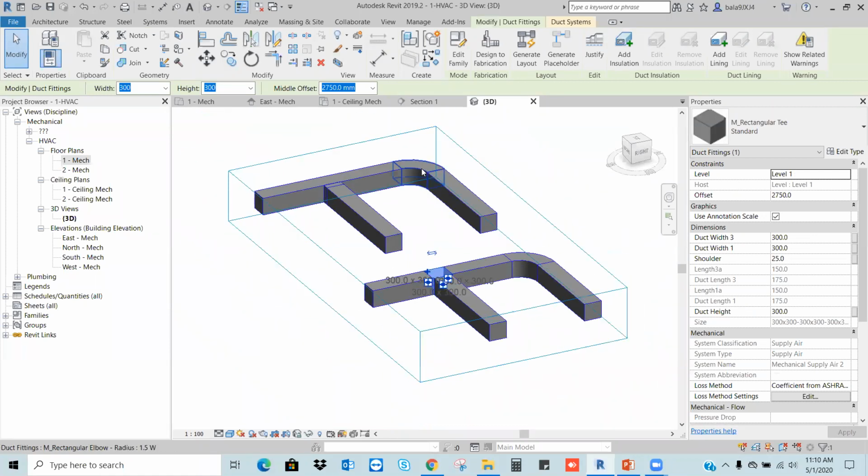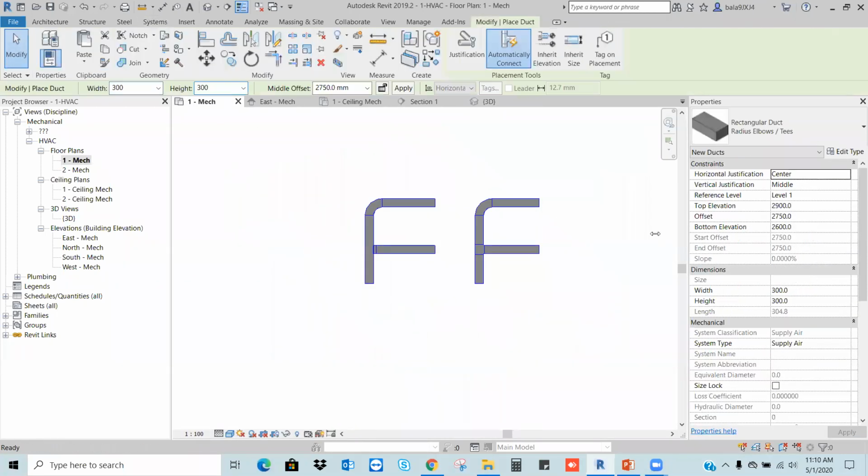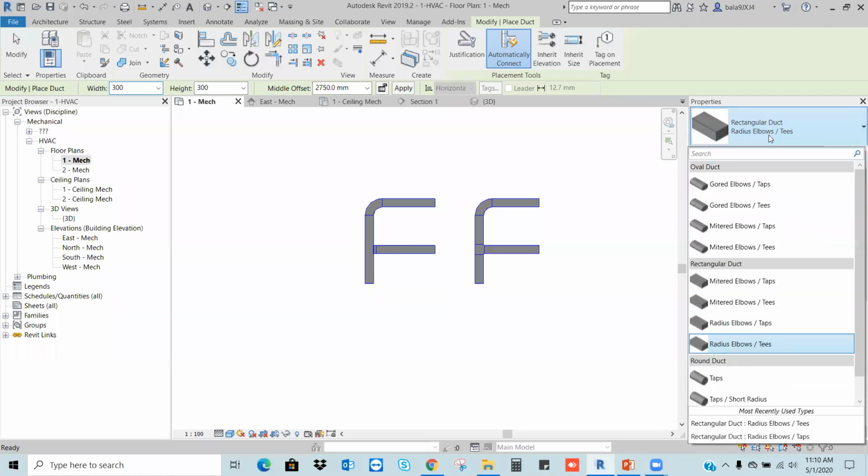Okay, I'm going back. Again, I want to use a duct. Here I use the first type, miter elbow tap.